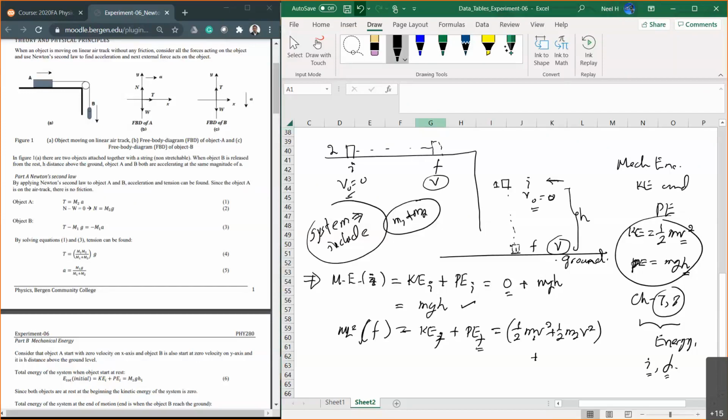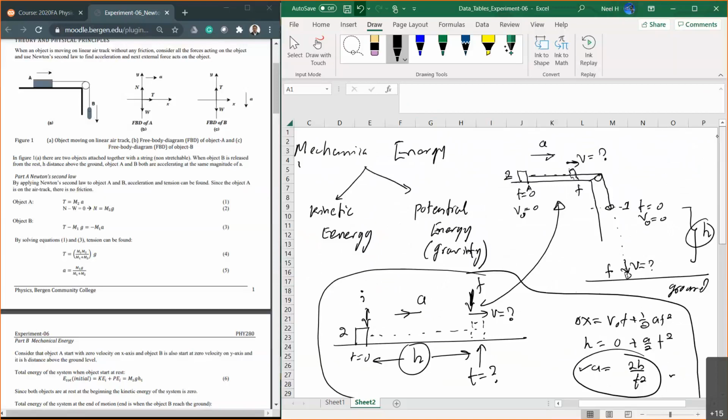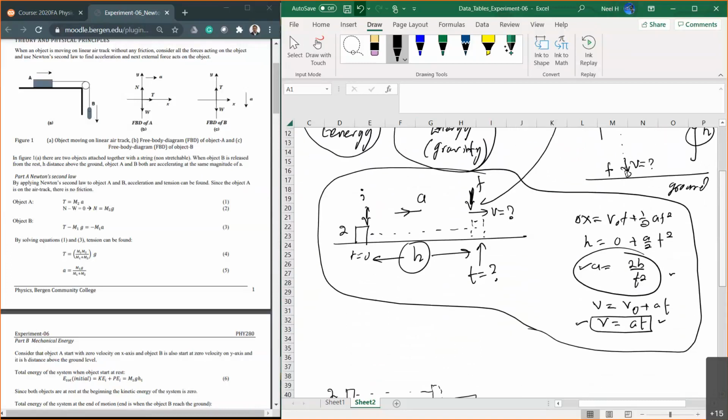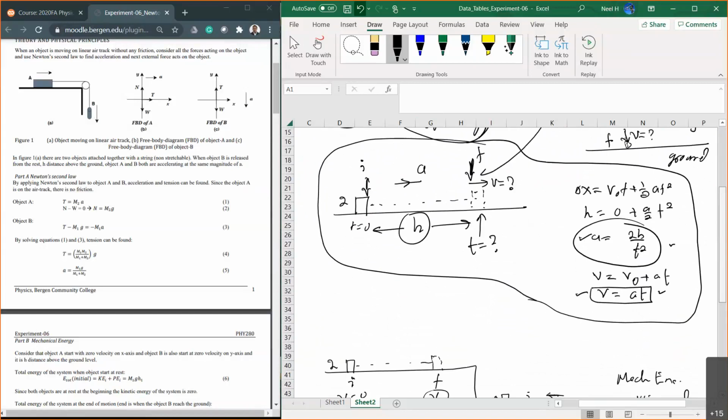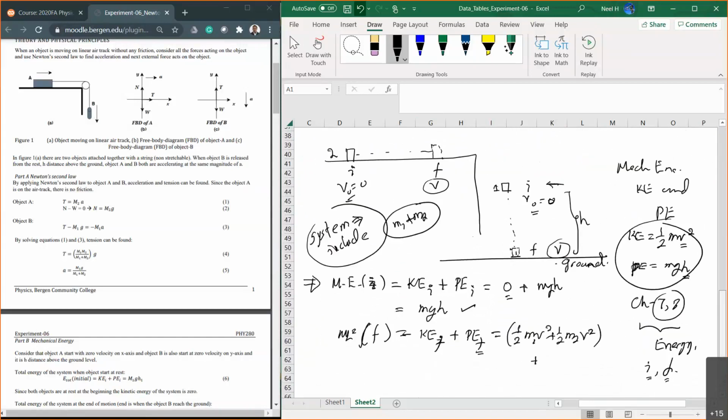One other thing I forgot earlier to mention when we first discussed potential energy: whenever an object is at a different location relative to ground level, then it has a potential energy, right? So the potential energy is a relative energy. It's not an absolute energy at all, right? That's why when you write the potential energy, you write mgh. The direction of h, how you measure it relative to the y-axis, can carry the sign, okay? So which means